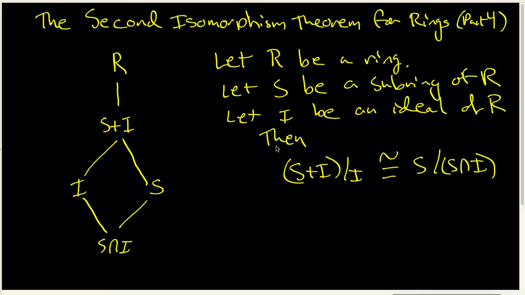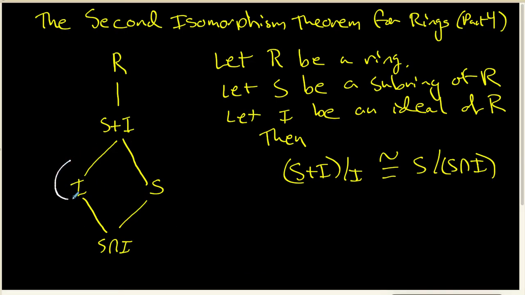In this video, we will complete the proof of the second isomorphism theorem for rings. And I want to start by doing a brief synopsis of the previous videos. We know that R is a ring, we know that I is an ideal, we know that S is a subring, and we've shown that I is actually an ideal in the subring S plus I, and as a consequence,